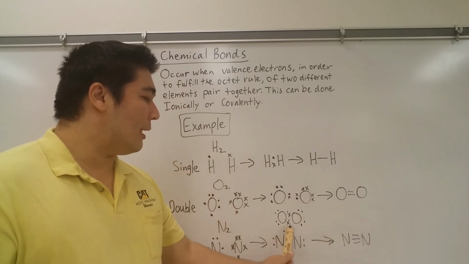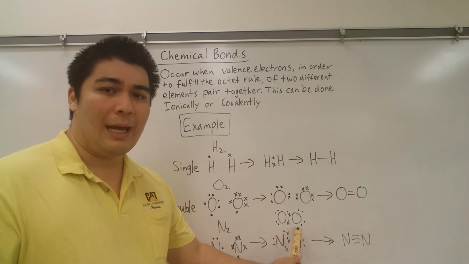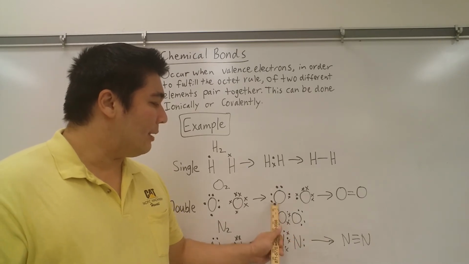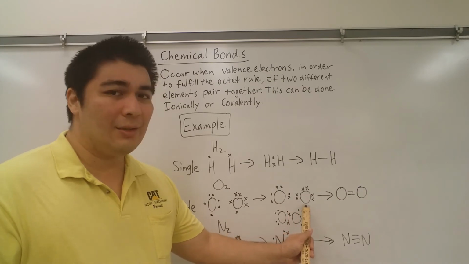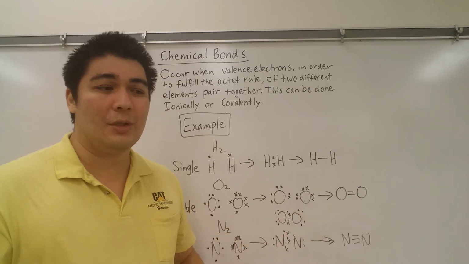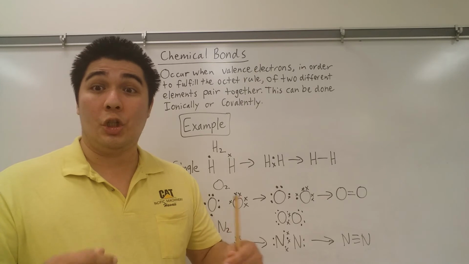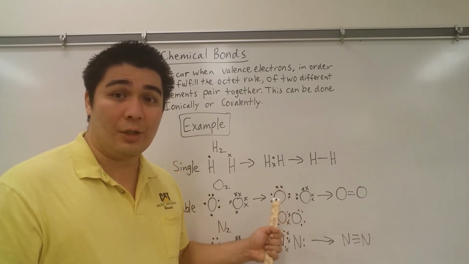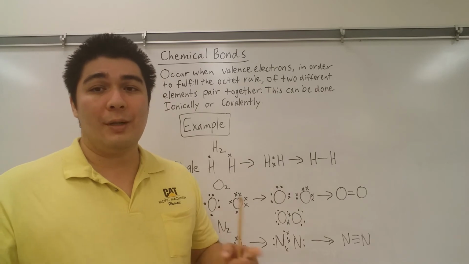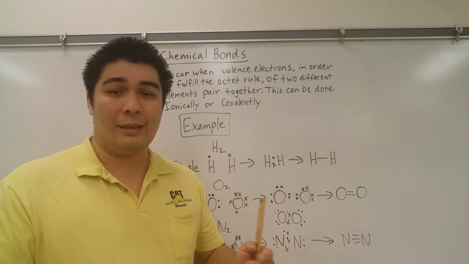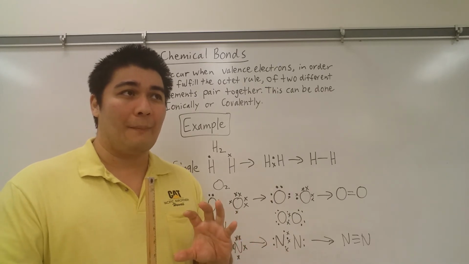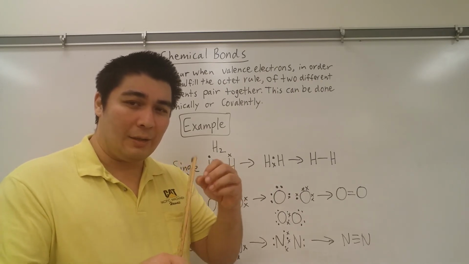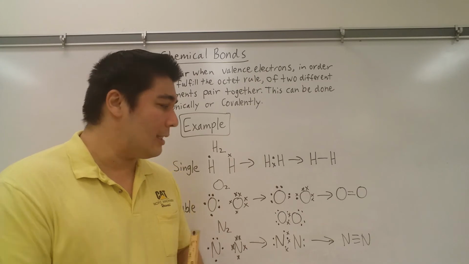Now, you may have noticed that I drew something else over here, and you might be wondering what that is. The reason I did this was because this doesn't look very convincing when it comes to what a bond should look like. This is more in the vein of the Lewis dot structures that I was trying to draw out here. But if you really want to see what it would look like, kind of like how you would physically combine those orbitals and those valence electrons,